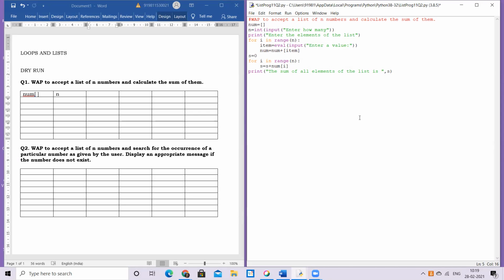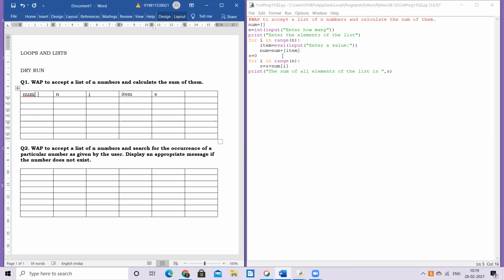Okay, I hope it's clear. In the previous video, I had told you that how exactly a for loop works with the range function, right? So now, taking this value of i as my next variable of memory, I put it here. And then I say, okay, the other two variables which I need is actually item and sum, because ultimately I'm going to calculate the sum. So let me just keep these things handy. So item is one thing whose values will change in the memory. Sum is one thing whose values will change in the memory.